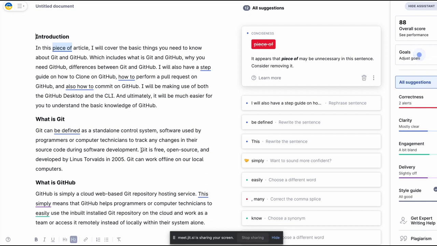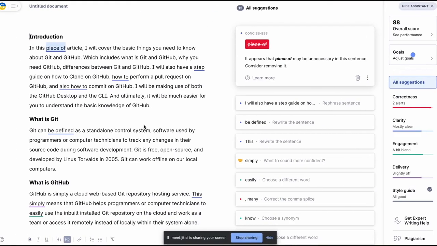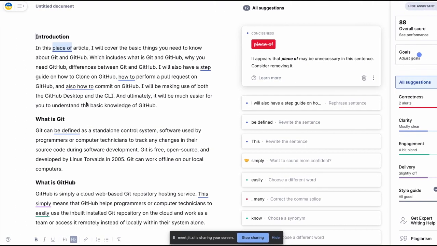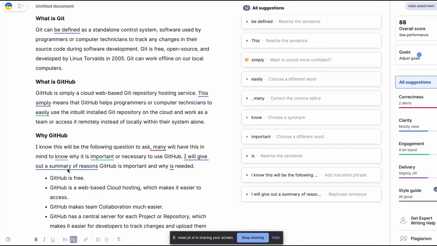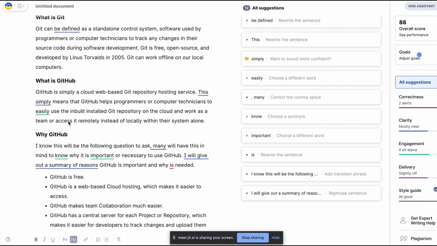Okay, so first introduction, second is what is GitHub? Why GitHub? Git versus GitHub. Okay, now we have introduction, what is Git, what is GitHub, why GitHub, and Git versus GitHub.